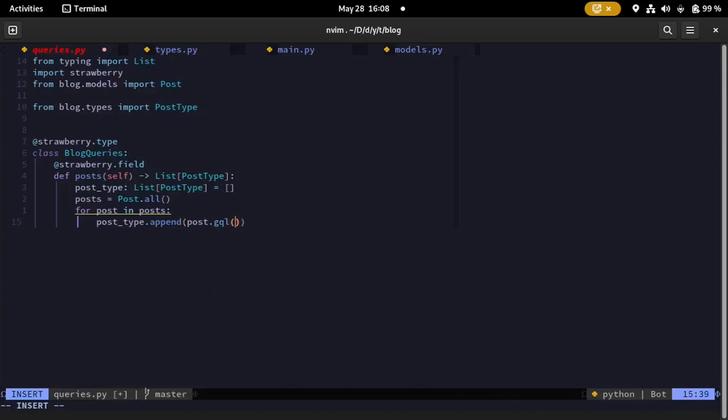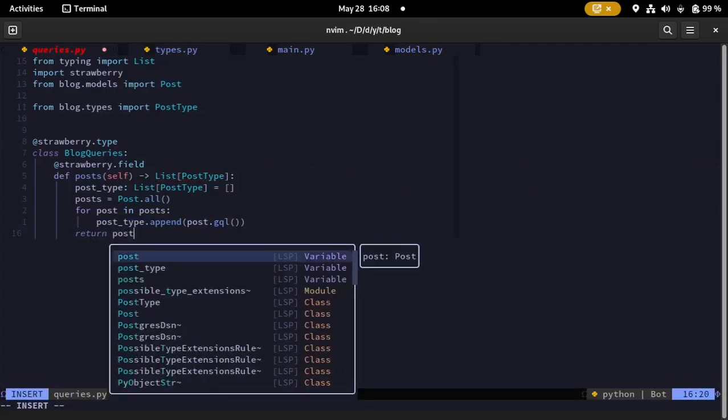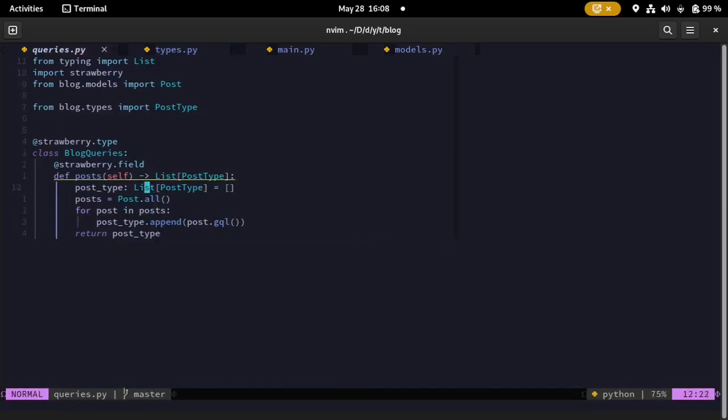This will return the GraphQL type of that post, and then we can just come here and return post types. So for each post returned by this all method, we append to post types that post.gql, this GQL function that converts the model to a GraphQL post type, and then we return that. So let's retry